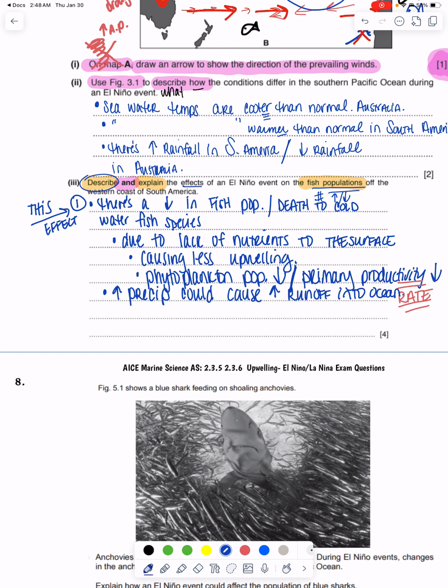More runoff into the ocean, which would decrease the salinity. Or, because of the high precipitation, we're going to kind of get towards the same reason. It's going to be less phytoplankton productivity, but more precipitation